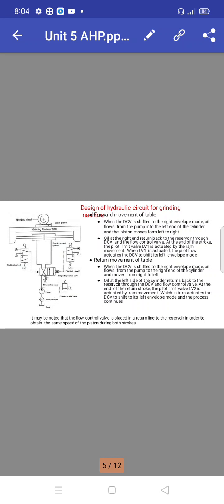At the end of the stroke, the pilot limit valve, which we can simply note as LV1, limit valve 1, is actuated by the ram movement. When limit valve 1 is actuated, the pilot flow actuates the directional control valve to shift to its left envelope mode. So this is the forward movement of the table considered here.